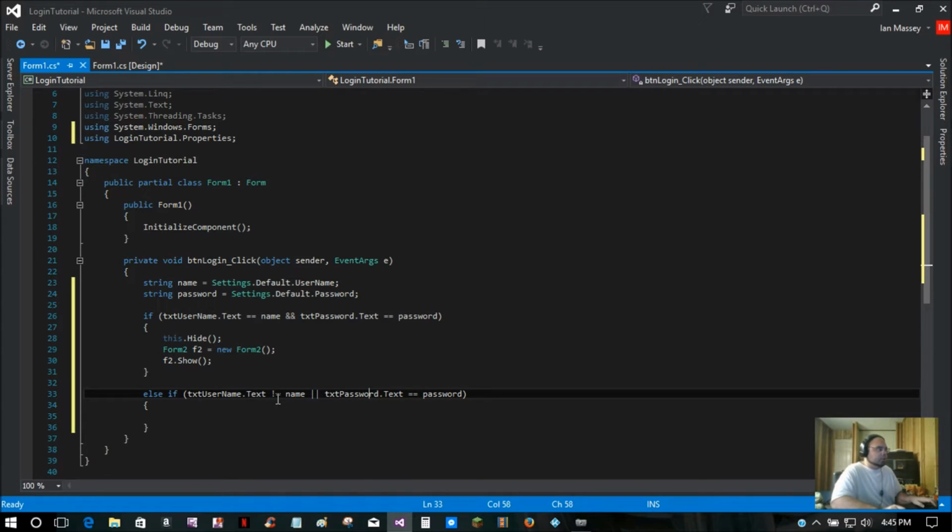put an exclamation point. Now, let me go through what the exclamation equals and equals and the ampersand mean. The ampersand, you already know, is and. The equals means is equal to, and the exclamation point equals means is not equal to. So now, since we have if the username text is not equal to name, which is the Settings.Default username that you predefined earlier, same thing with the password, then we want it to show